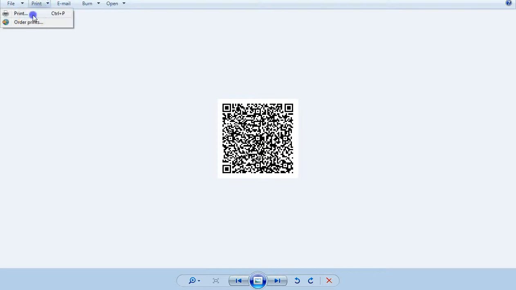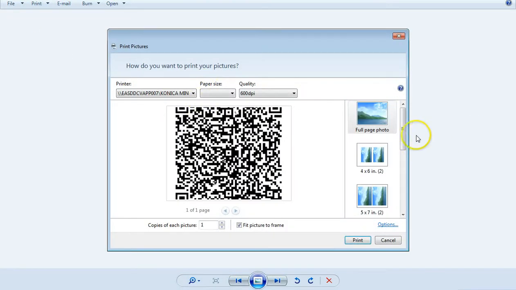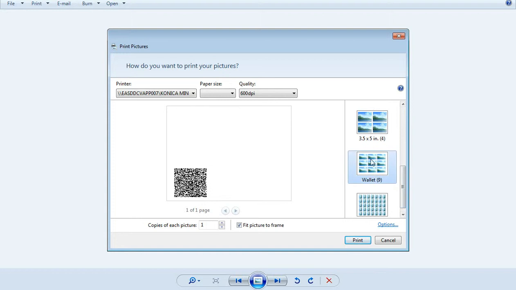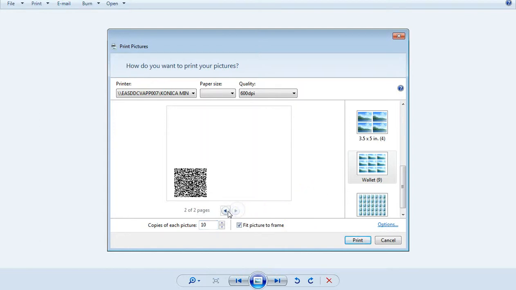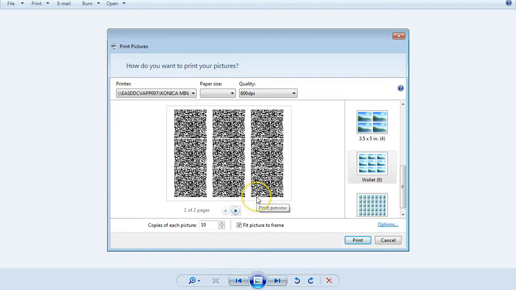And let's see here. Let's go to wallet sized, and we're going to change copies of each picture to, let's do 10. Okay, so we've got 6 here. It's going to be on 2 pages. All right, now we've got 9 there. And I would go ahead and hit print and then cut them out, tape them onto the iPad cabinet, and